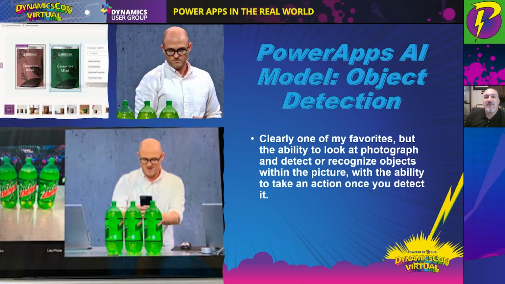And by the way, they don't get paid for their items until the item is registered through their cash register as Walmart's been paid. Then they get paid. So if someone drops that bottle of soda, Walmart never pays for it. Your vendor does. So how did they solve this problem? They created a power app using object detection that can take a picture, as you see right here, of the soda bottles. And it's not just of 3 bottles.